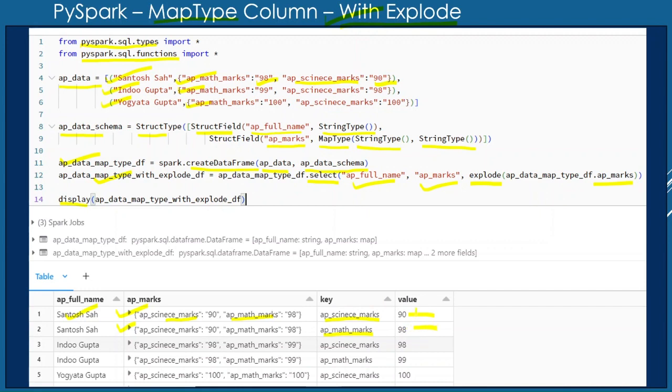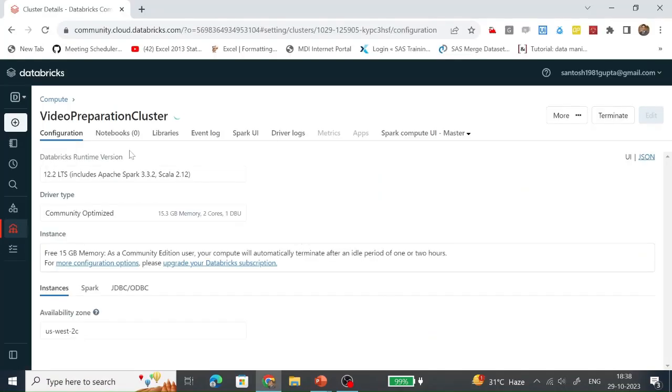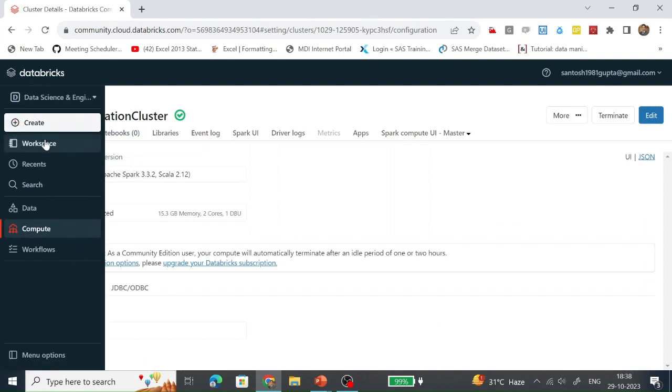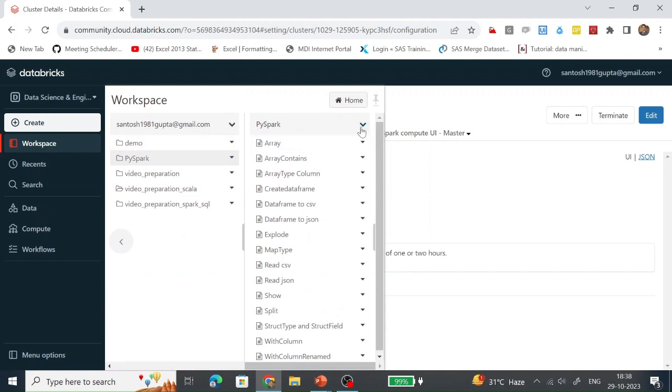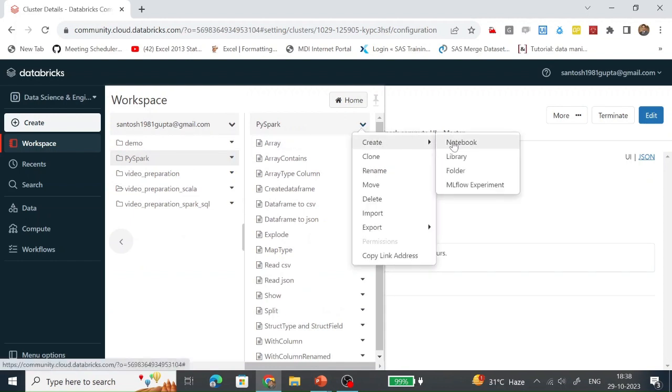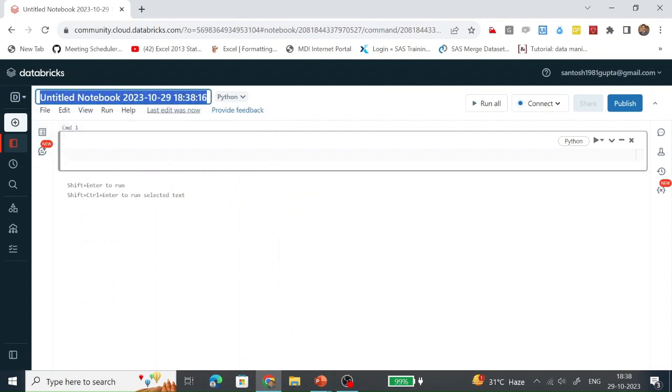Let's see how it works in Databricks. Let's create a notebook and rename it map type with explode.